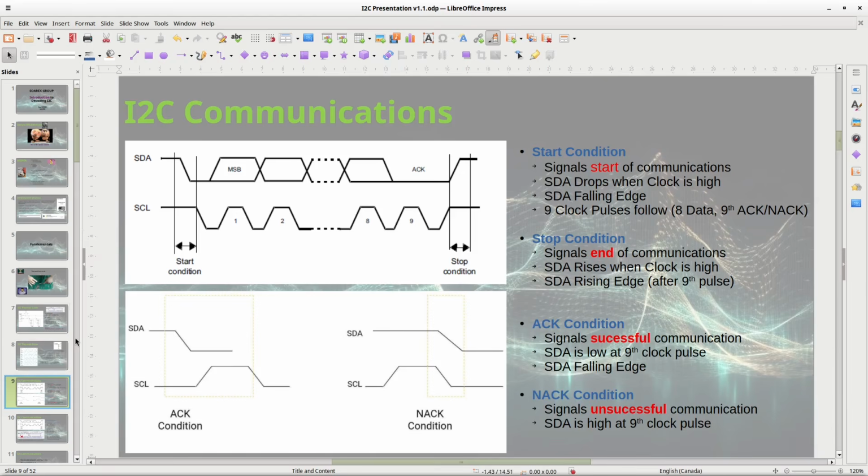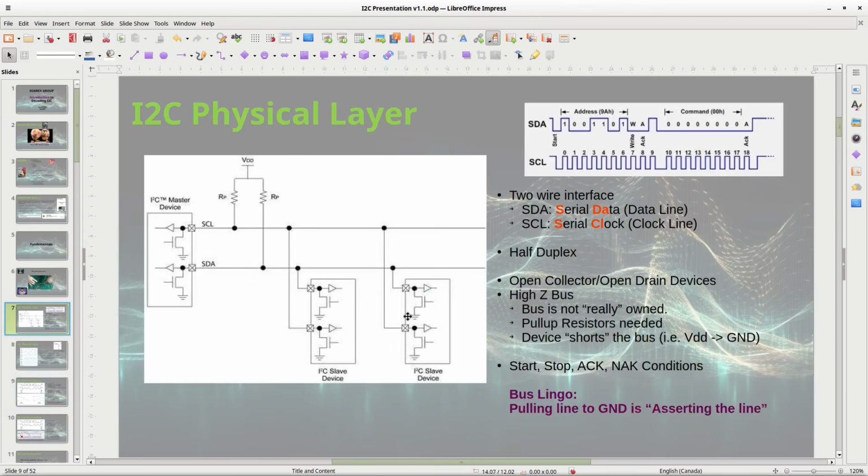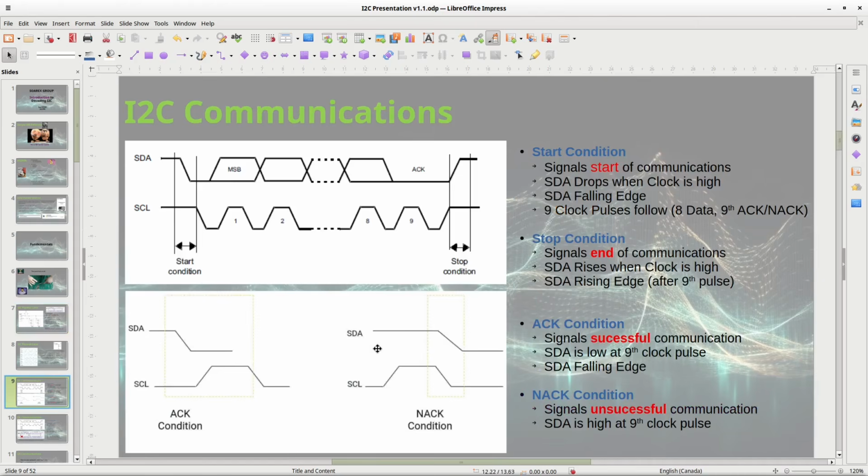The reason they do this is because, let's just say there's no devices here, there's nothing. So your Arduino or whatever starts talking on the bus, it sends out a whole bunch of data, there's nothing there. So on the ninth clock pulse, this line will automatically float high. There's no device to pull it down, so it'll be a NACK. And that's how the device knows nothing's there.